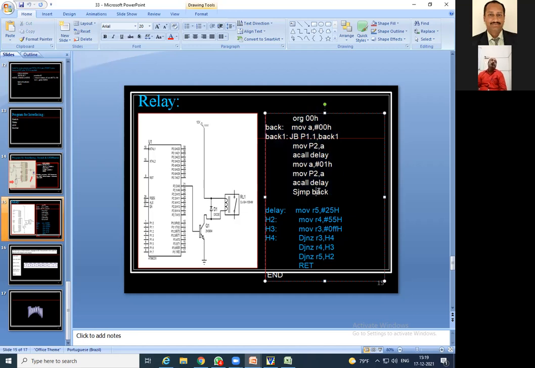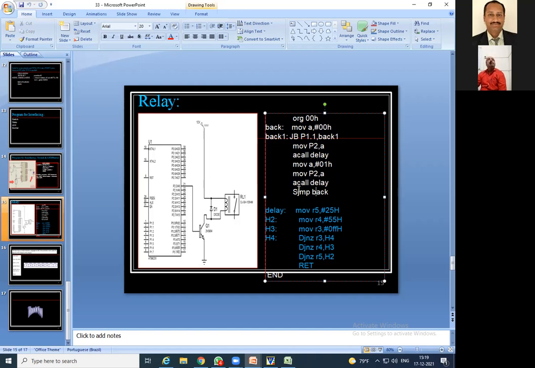For the simulation in Proteus, you can see this diagram. In one practical we will conduct, we will definitely see how to build this block diagram in Proteus, and you will get the output as we are expecting.